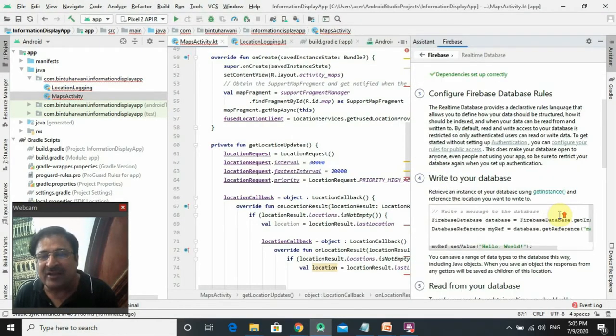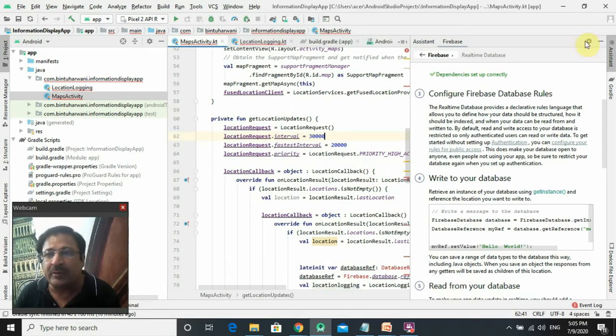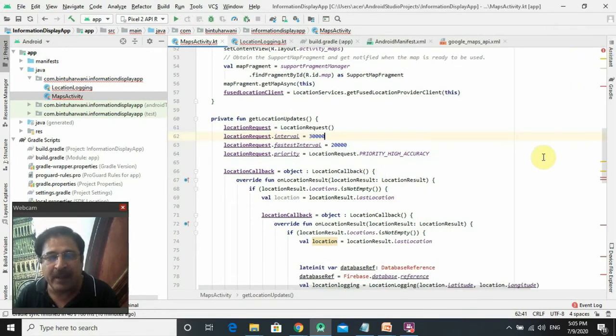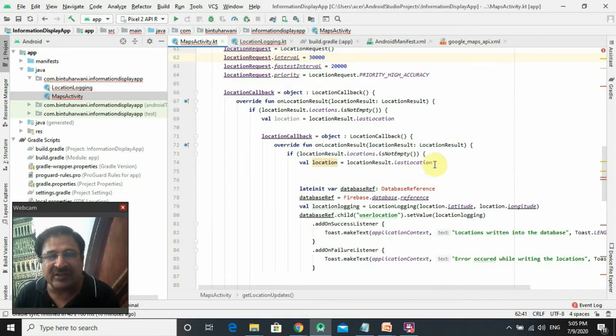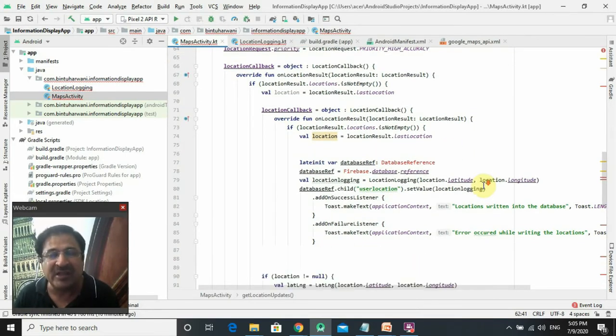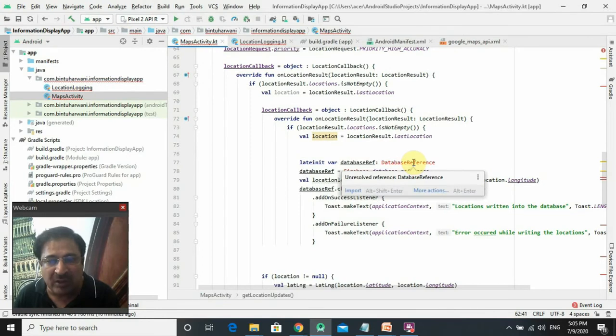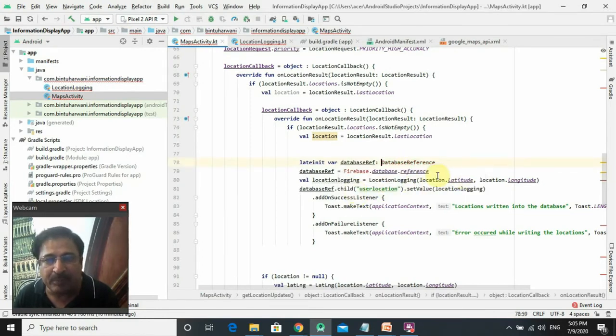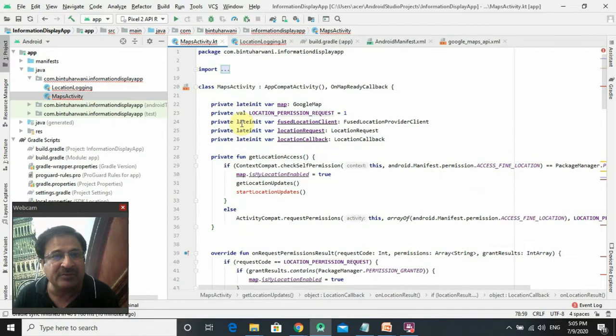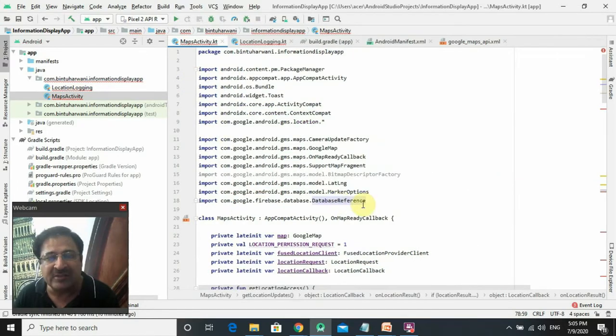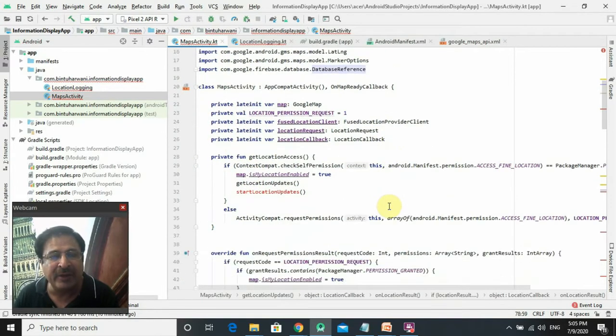See. It is saying that to write into the database, you have to write certain code. We have already written this code. Let's close this assistant. You are finding this error here on certain commands. It is so because the libraries of those commands are missing. So you hover onto this, you will find that it is asking to import one file. Click on import. It has become black. So that means the library of this is included. This database reference is included at the top. See here. Can you see this? Database reference. This library is included.